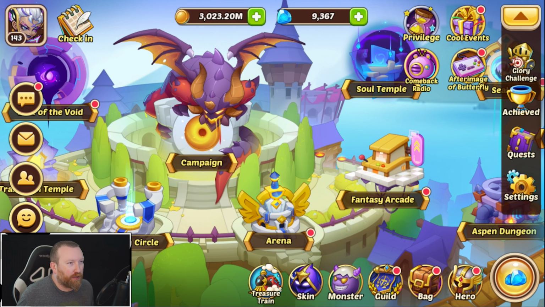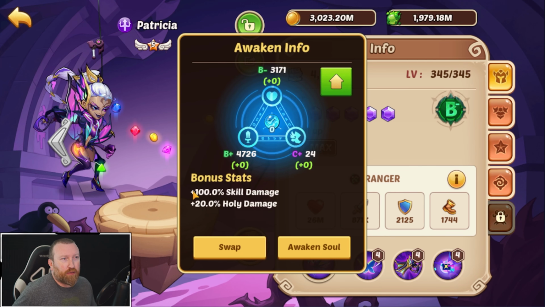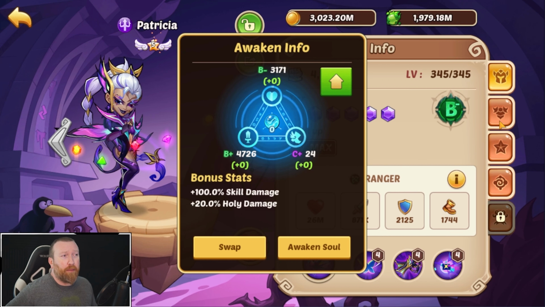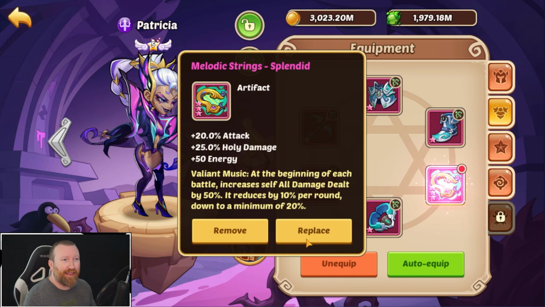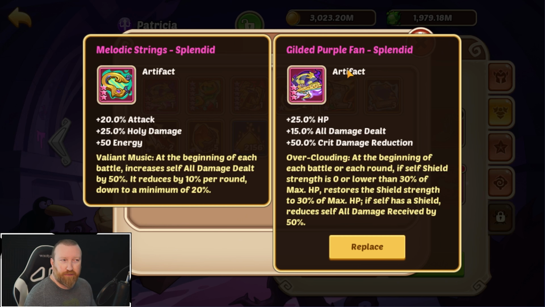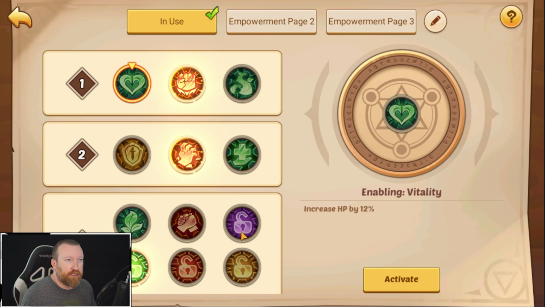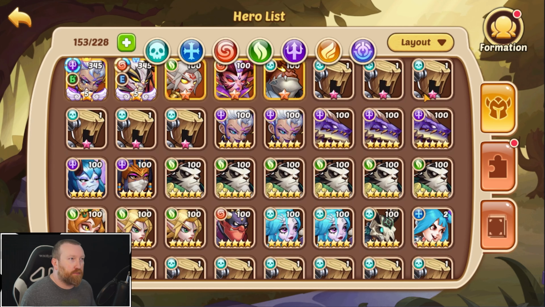We're not on our account, we're on Lars's account. This is the one we had tested on the other day. Very similar situation as the other account we were doing, however, much better main hero copy. Now, I think it does have a gilded purple fan, which might be really solid. But I do want to test her in a very specific scenario, and that is going to be...